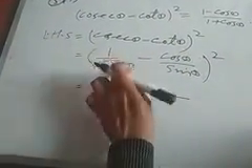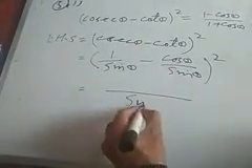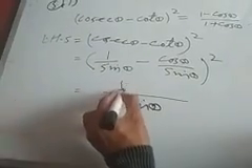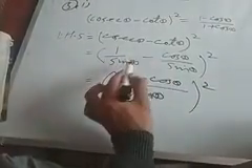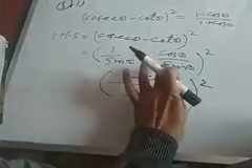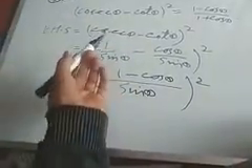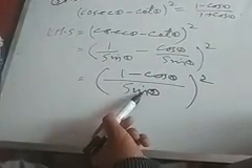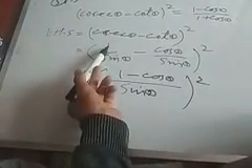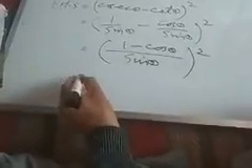Now in the bracket, sin and sin, I can take sin theta as LCM. What you get? 1 minus cos theta. So what I did, sin theta as it is, because the denominator is same, so I will take sin theta, 1 minus cos theta as it is. This you have learned as LCM in lower classes. Here the denominator is same, I take one of the sin theta as LCM, and then 1 is same, it is minus, and cos theta same as it is.